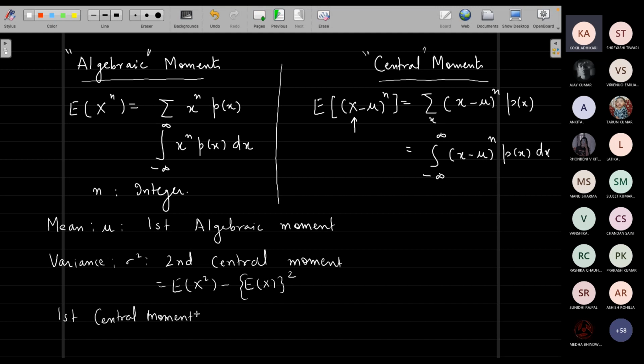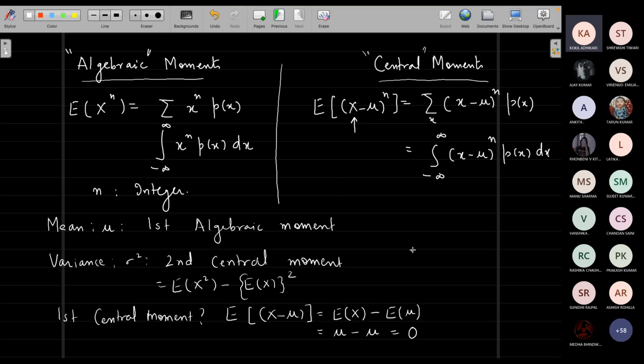What happens to the first central moment? The expectation value of x minus mu. What will this be? This should be the expectation value of x minus the expectation value of mu. So what will this be? Sir, it is 0. Right. See, the expectation value of x is mu. The expectation value of mu, which is a constant, is already mu. So the first central moment is of no consequence, and you see it in your experiments, in the